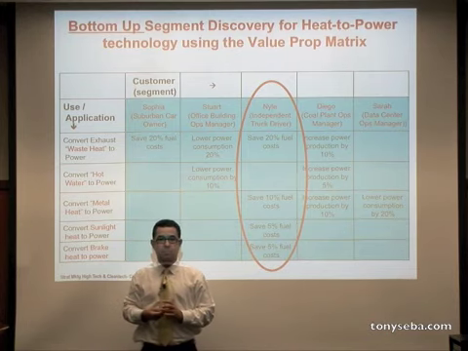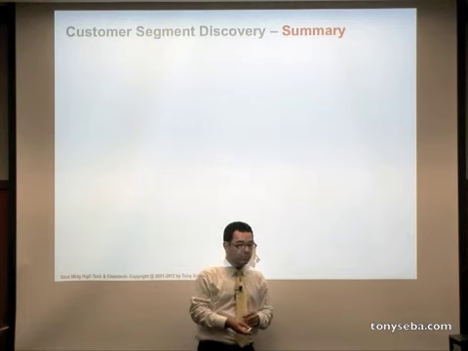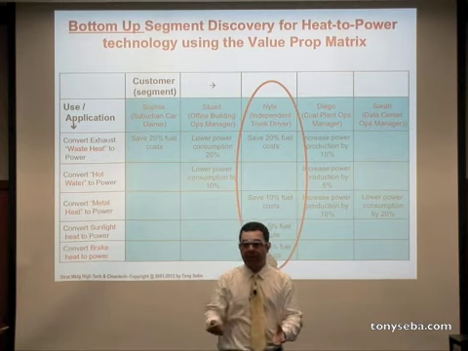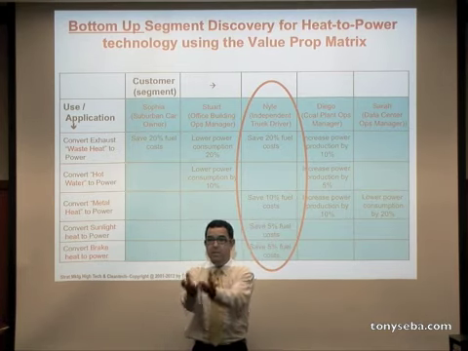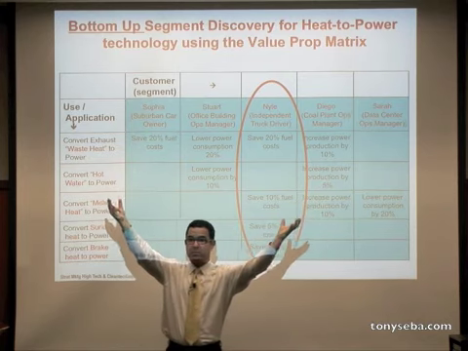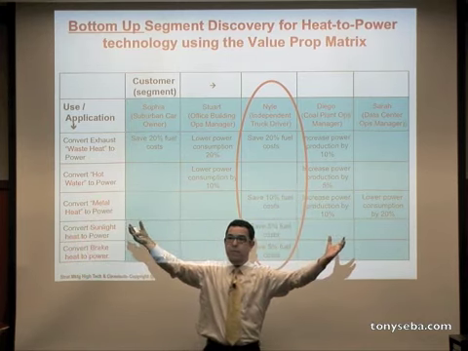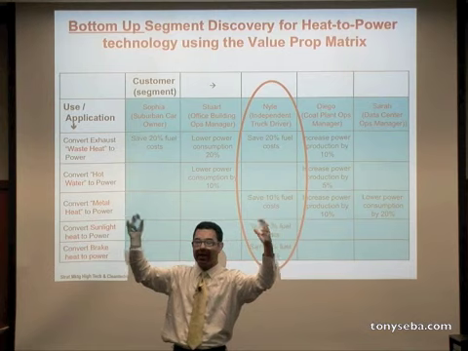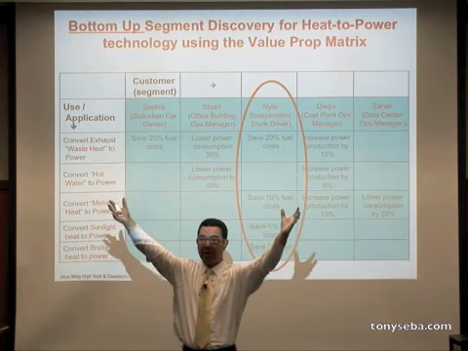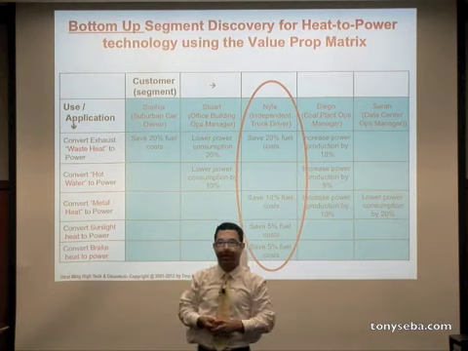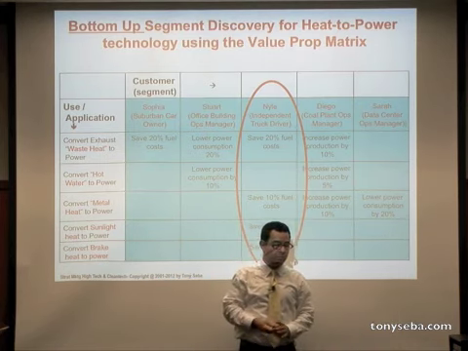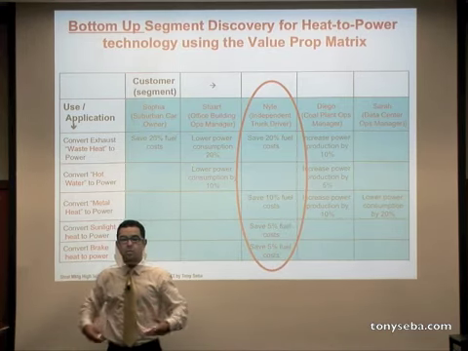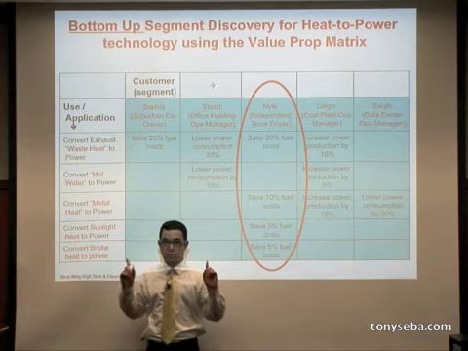Does that make sense? Why do you call it bottom up? Because you start with the user? Oh, because I start with one user and then I add up to a segment, rather than the conventional way of saying, I'm going to go after all California drivers who make more than 100,000. That's from there to a specific user. Does that make sense? That's why it's bottom up, rather than the usual top down. And this is how the segments emerge. Now, we still haven't decided what our target market is going to be, and we're going to choose just one.